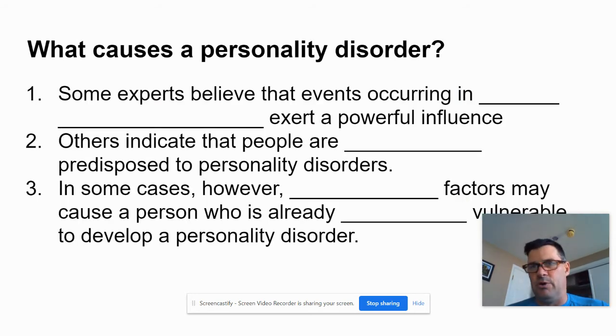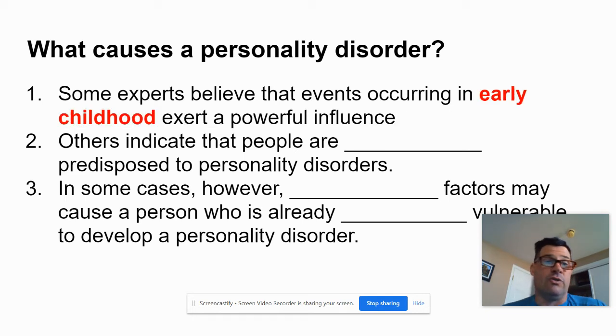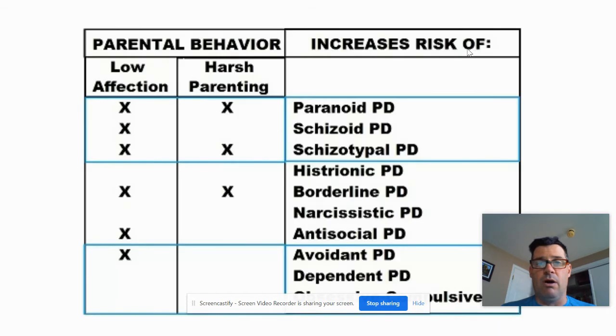Well, what causes a personality disorder? Some experts believe that events that occur during your childhood exert a powerful influence. We've talked about this over and over again in psych. The things that happen in your childhood can impact how you become an adult and whether you trust people and other things. So it's possible that early childhood experiences, maybe some sort of abuse, create a personality disorder. Other things indicate that people are genetically